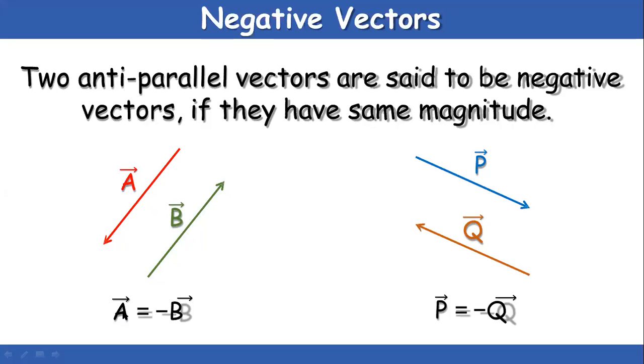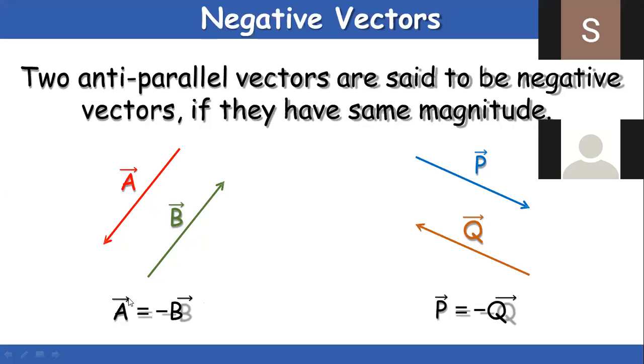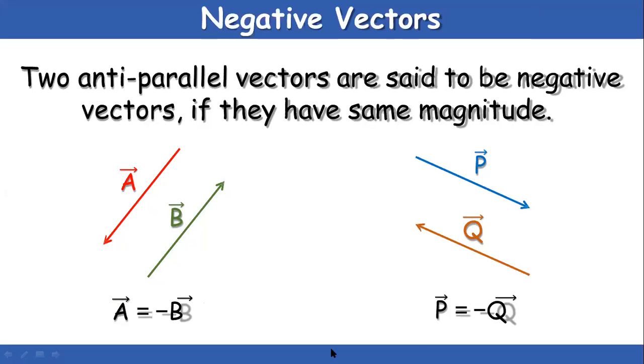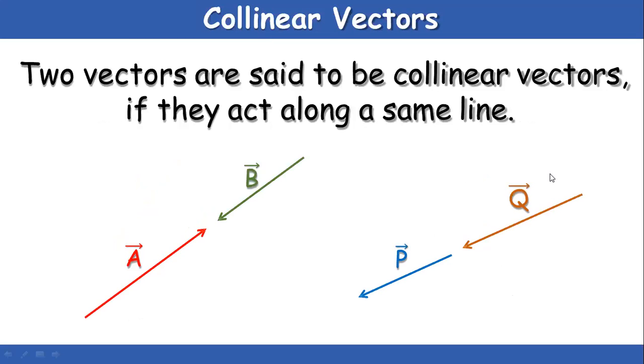So I can say that A bar is equal to minus B bar. Every time, how to read this? It is bar. Instead of an arrow, I can also draw just a line here. A line segment can also be drawn, then it is also okay. So these are the different ways to show these vectors. A bar is equal to minus B bar, or P bar, if I see, it is traveling in this direction, Q bar is traveling opposite to it. So P bar is equal to minus Q bar. These are called negative vectors.